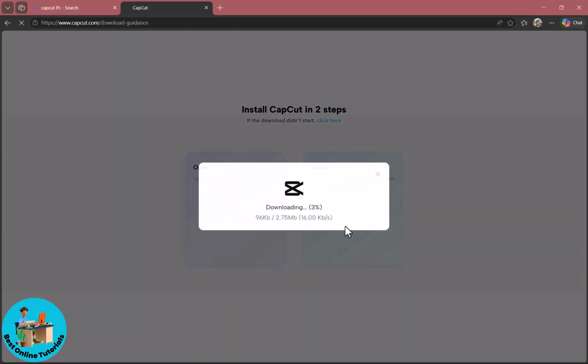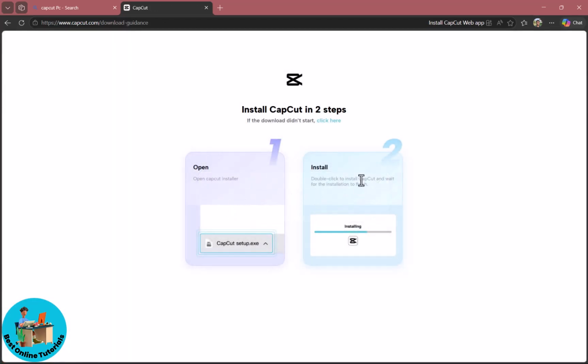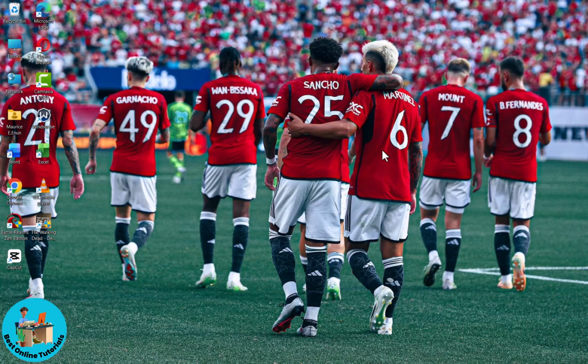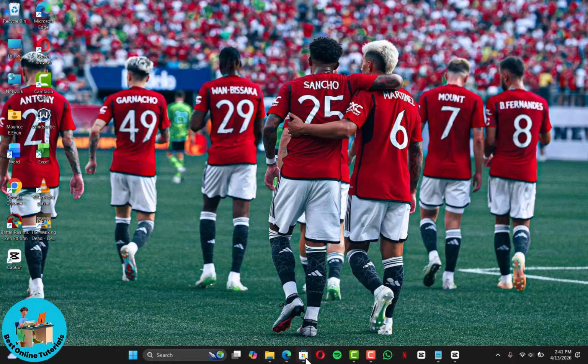You're going to see it at the bottom here, and it's going to begin downloading the installer. Once the installer is done downloading, just simply open up the CapCut installer.exe file and proceed with the installation. Now the second method, and another easier option of doing this, would be to just open up the